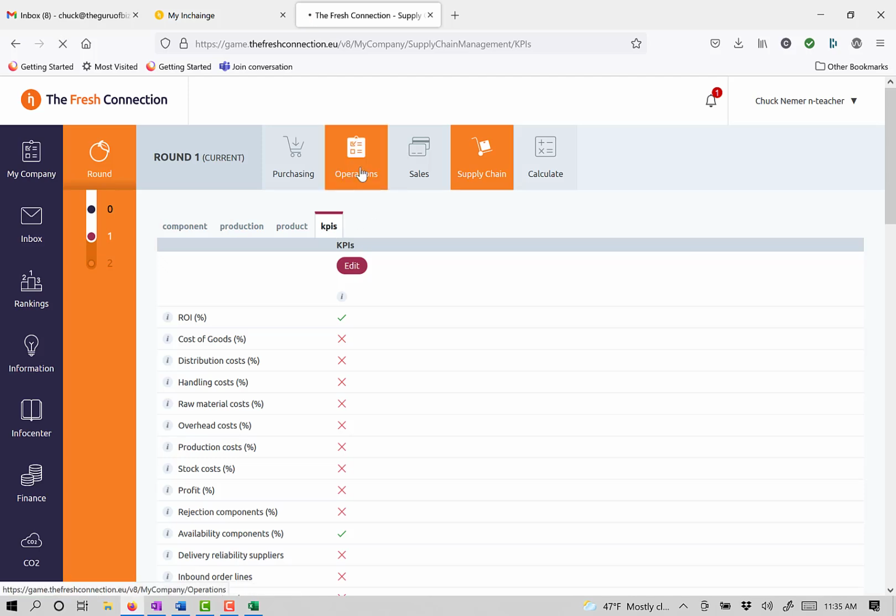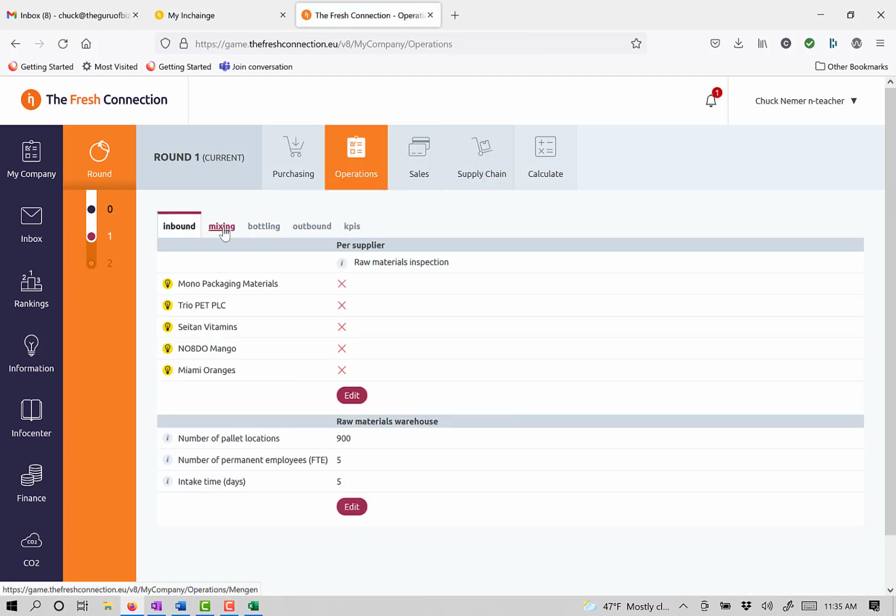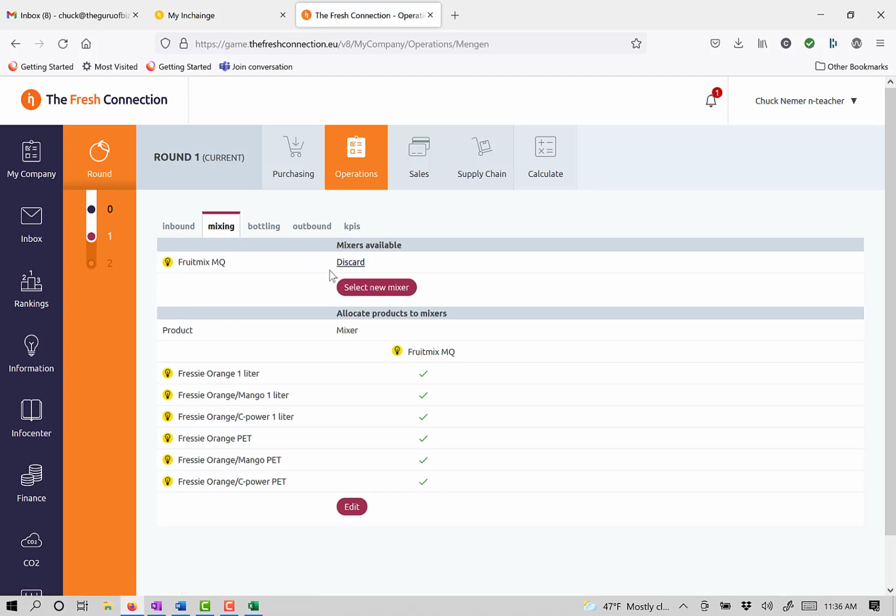If I go to operations, I've got decisions on the inbound warehouse. That's where I'm at. So in my case here, whether I have inspection or not, and I can size the warehouse and how many people I have in the warehouse. And again, this all changes based on the setup your professor gives you, will change what decisions are available in what rounds. Mixing, when I click on that, in my case, I can select a new mixer, I can add